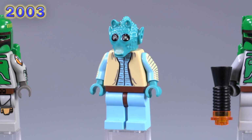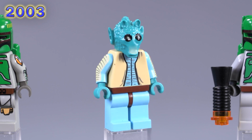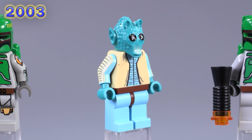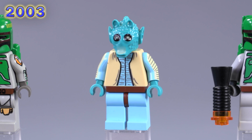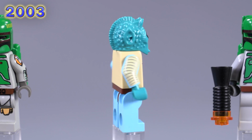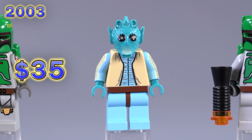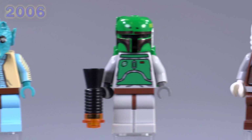There's also some really interesting printing on his face, but he appeared in 2 sets, technically one a year later, so he's not nearly as rare, but definitely an extremely unique figure. There is no other LEGO figure with an arm completely printed on the side the way it is here. I'd say he goes for around $35 or $40, and then we're doing a bit of a time jump here